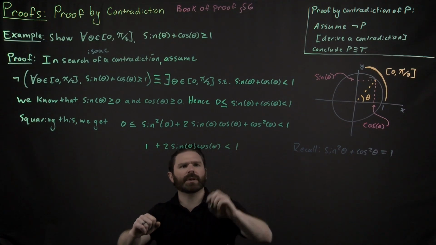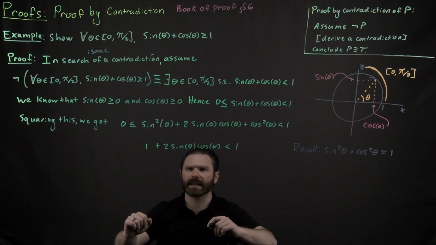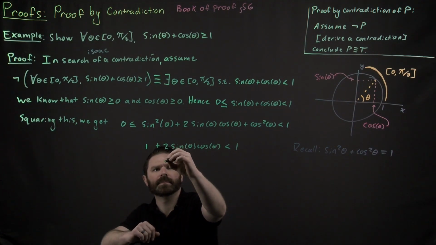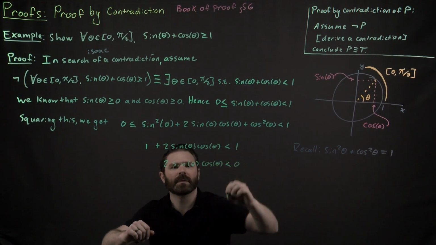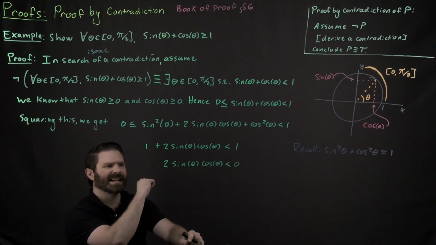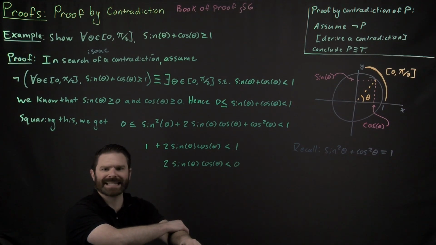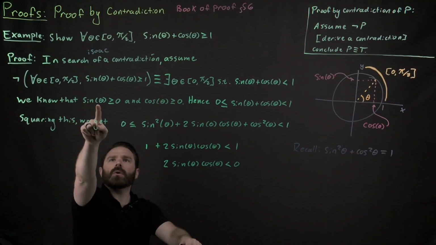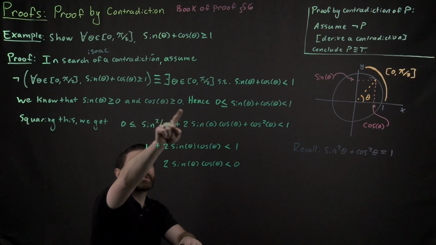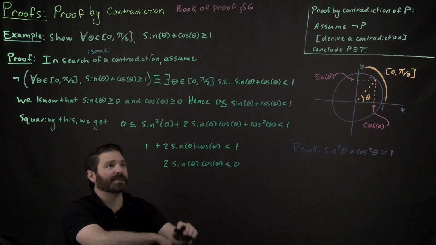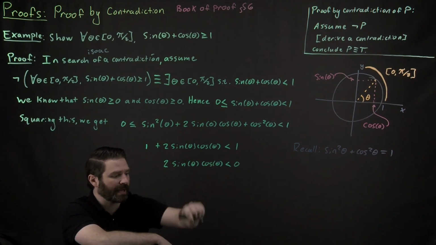Well, I see a 1 on this side and 1 on that side, so let's go ahead and subtract 1 from both sides, and that will leave me with 2 sine theta cosine theta is negative. Well, it's negative. Didn't I assume somewhere? Yeah, we know that sine of theta is non-negative, and cosine of theta is also non-negative. So what we've been able to show is that these two things can't coexist together. This here implies